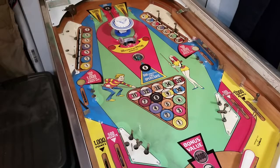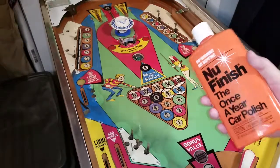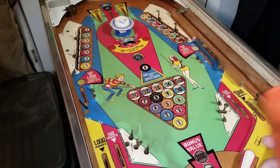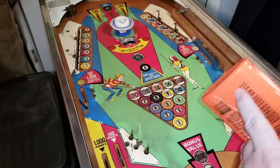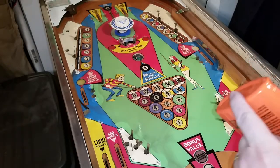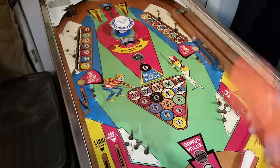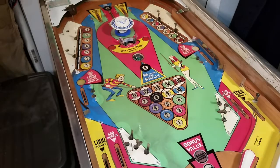All right, I'm actually ready to start scrubbing. I'm just gonna grab some of this new finish and shake it up real good. When you buy it at the store, if it's been sitting on the shelf a while, it'll have a bunch of stuff kind of caked in the bottom. So make sure you get it mixed up real good. Once you get it shook up real good, and I've been shaking it for a little while now,